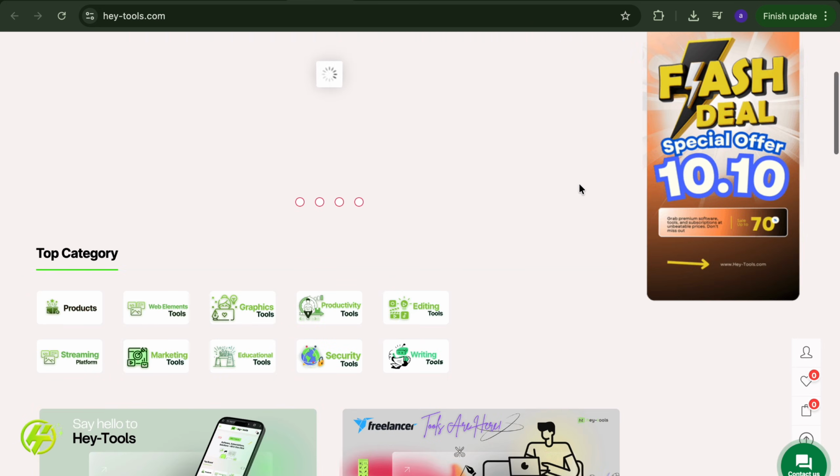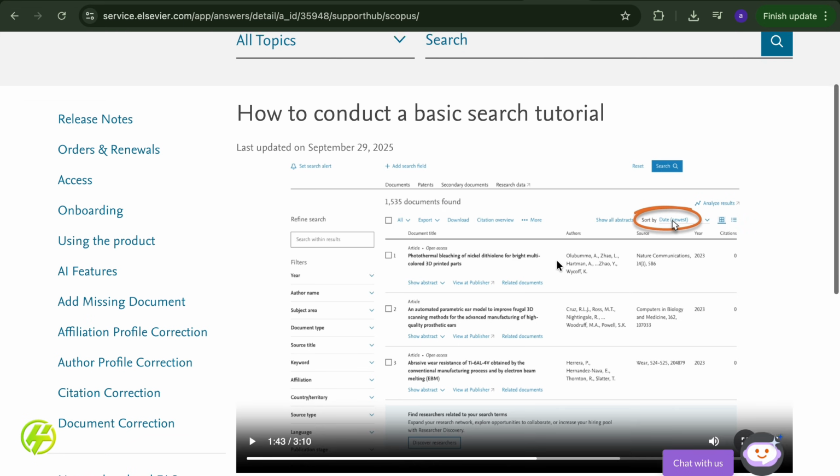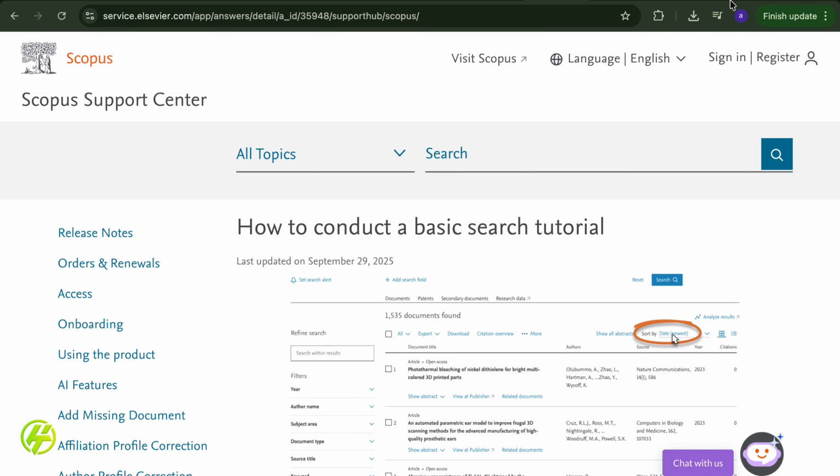So I'm going to talk about Scopus. This is Scopus that you're looking for. Many of us need Scopus access for a database, for education and for research. If you want to buy a single database, that is also possible. And if you want to buy Scopus access for 6 months or 1 year, that is also possible, but you have to pay something for that.